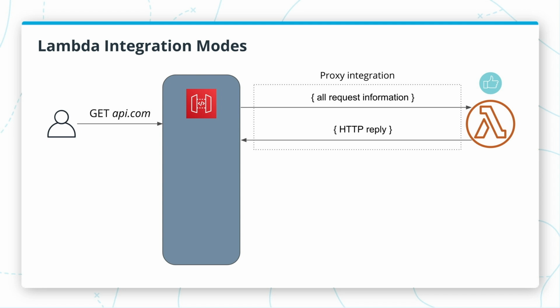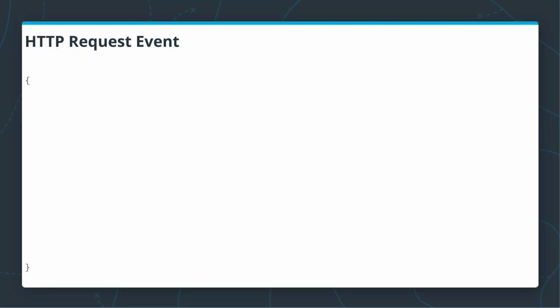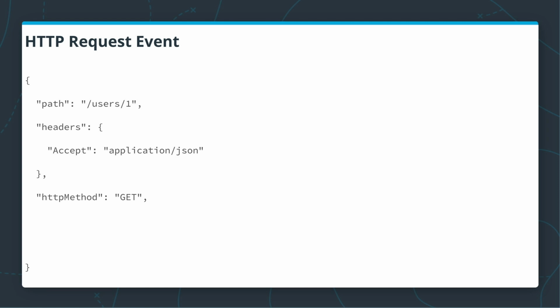And if we use this option, then the event passed by API Gateway will have the following structure. So, for example, it will have a field called path that contains a path in a URL of a request. It will have a list of headers passed with a request. It will have a method that was used, like GET in this case. It will contain path parameters, so API Gateway will parse the path value here and will extract this value into this object. And it will also contain the body of our request, which in this case is empty. And it has a few more additional fields that you can explore on your own.